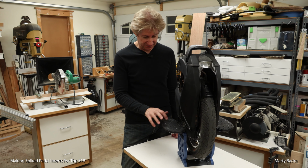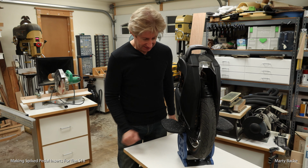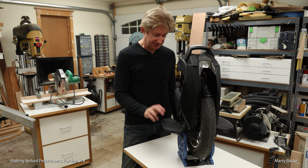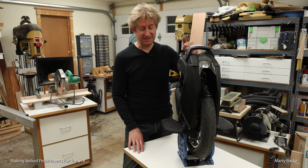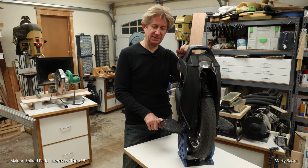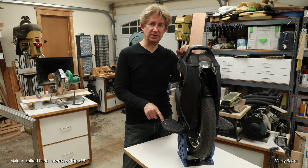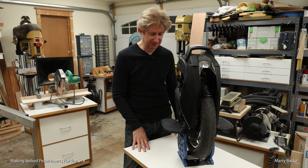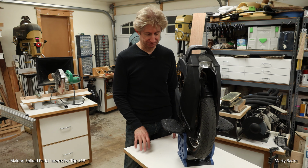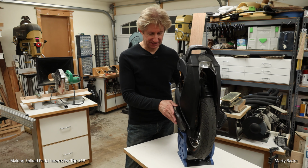I'm happy with how these turned out. Time will tell how they stand up, but I'm optimistic. I'm going to give these a workout over the next few weeks as I work out the S18. Probably the next time you see me will be when I'm taking this up to Mount Wilson in a couple days. I'm going to do the same trail that I did with the V11, so I get a sense of the suspension, pedal scraping, battery consumption, so forth, and these pedals will be getting a good workout. So I'm hoping they stand up to